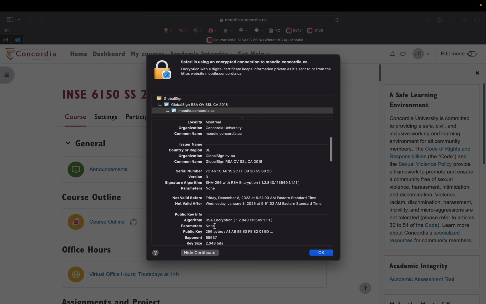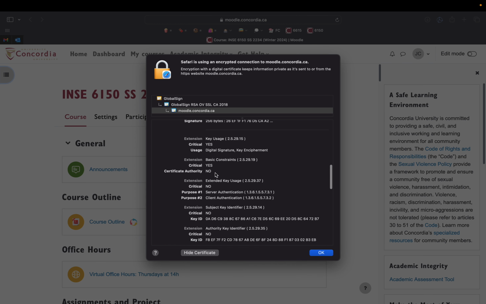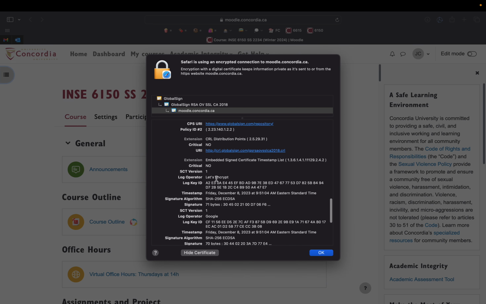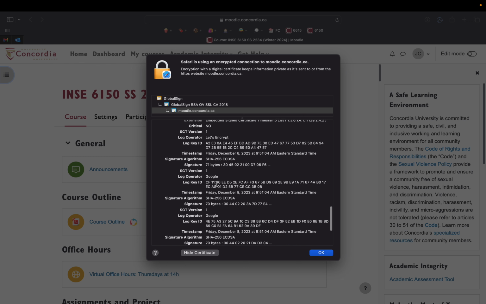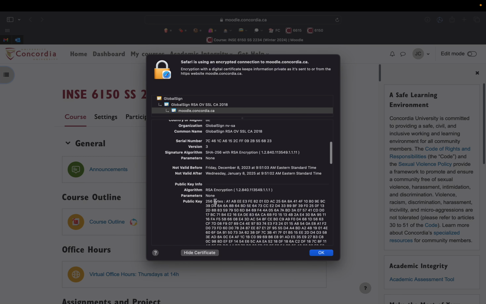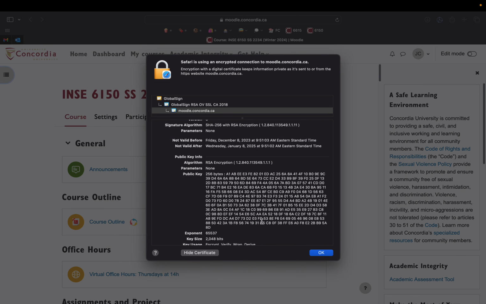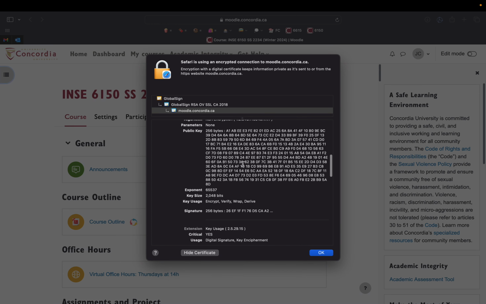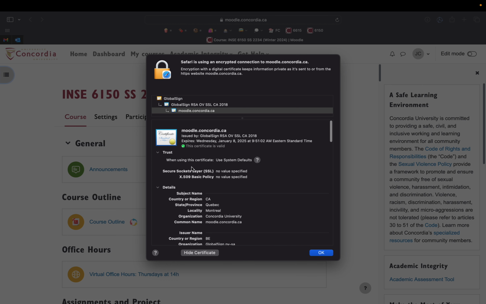Okay, and so there's all sorts of details in the certificate itself. The public key itself, that critical value, will be somewhere near the top. So this is the value itself. You can see it's sort of just a long random value. And then there's a bunch of other stuff that goes along with the certificate. So there's a lot more in a certificate than just that key value. But for now, we just have to care about getting this key value correct. Okay, now